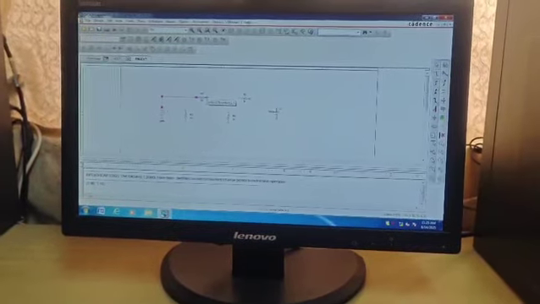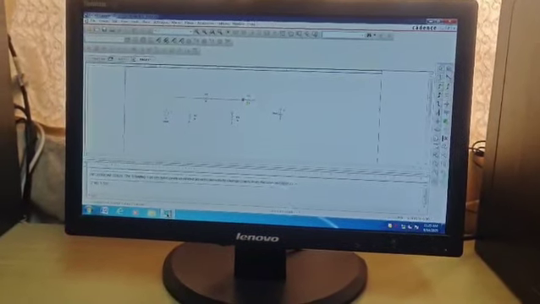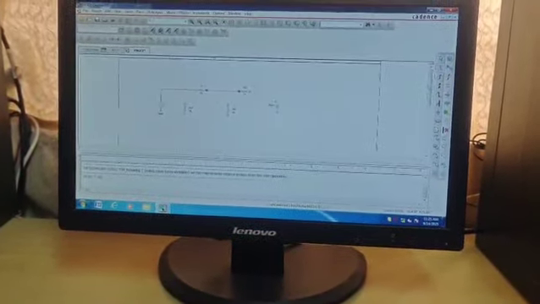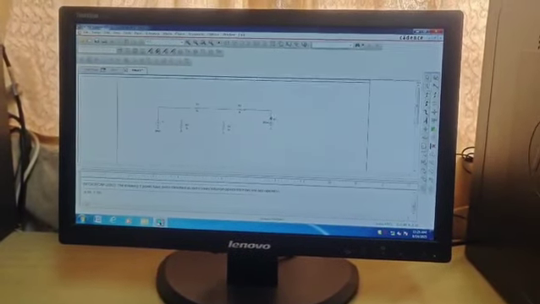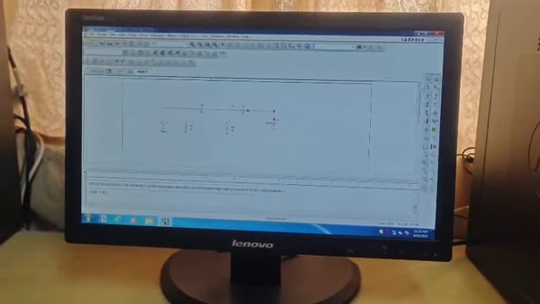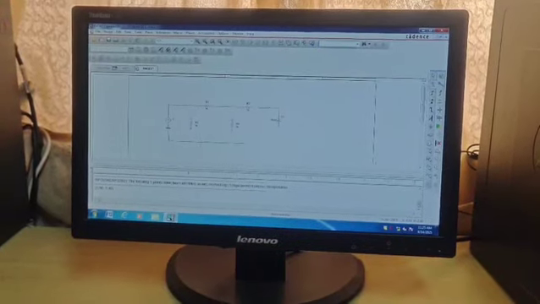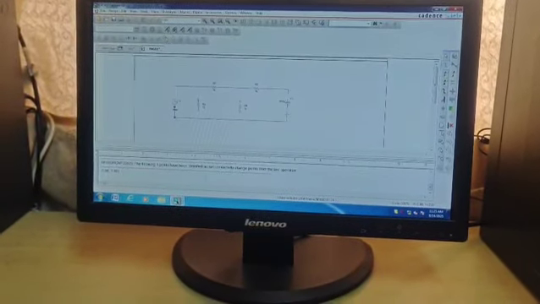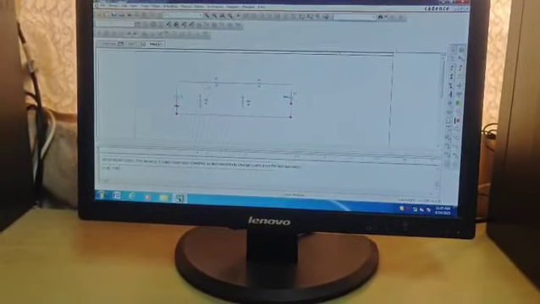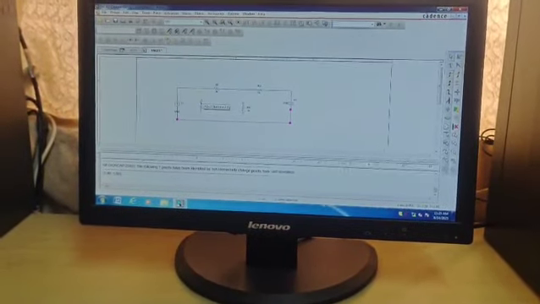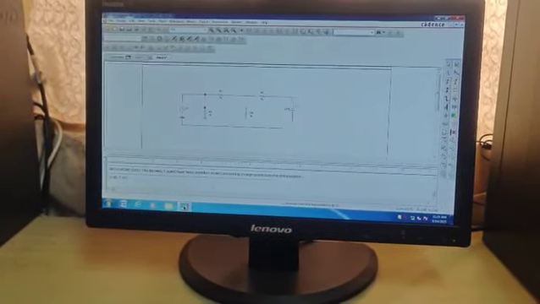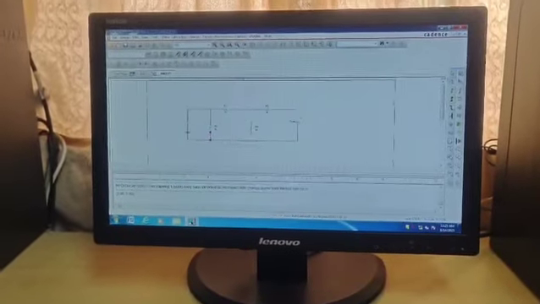Similarly, start a click, move, and end it at another component. Similarly, you have to connect all the components as per the circuit you are going to analyze.